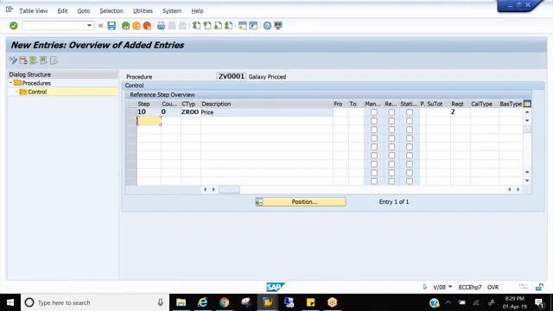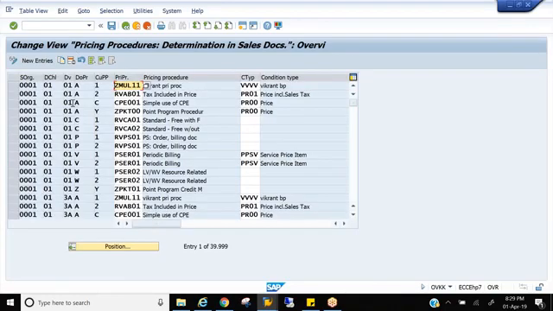And what are the parameters you would be using here? The parameters are the customer pricing procedure and the document pricing procedure. Did we discuss customer pricing procedure or document pricing procedure at any time? Where did we discuss it?